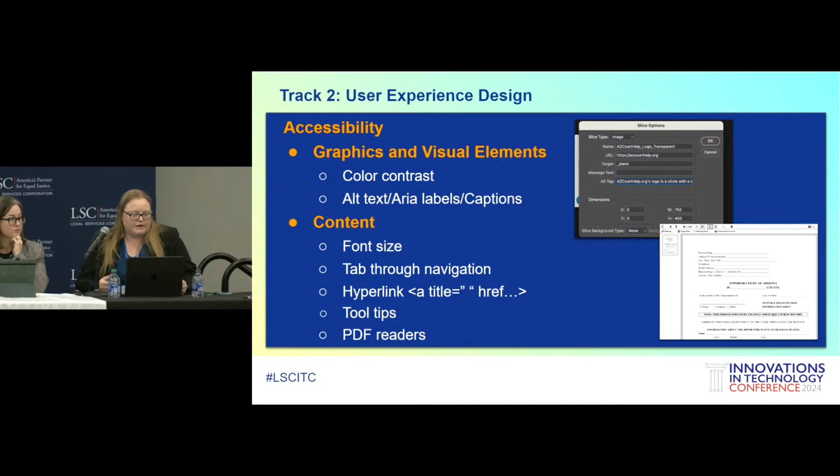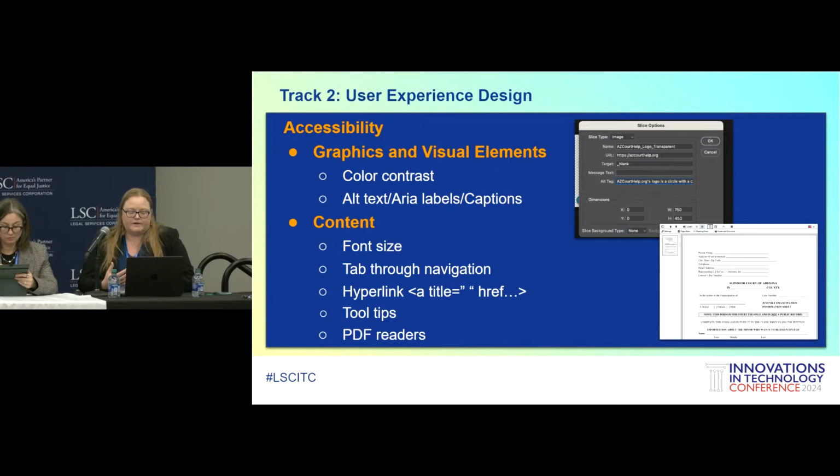The foundation, we also focus on accessibility. We follow WCAG standards. There are a lot of checklists out there, so if you aren't sure whether or not you're meeting all the WCAG standards, feel free to look them up online. There are great tools out there. All of our websites do have an accessibility component that we will be updating soon. But right now it has a read speaker function, color contrast, dyslexic font. You can increase the font size on the page. Once we upgrade, you'll be able to increase line spacing and letter spacing as well.